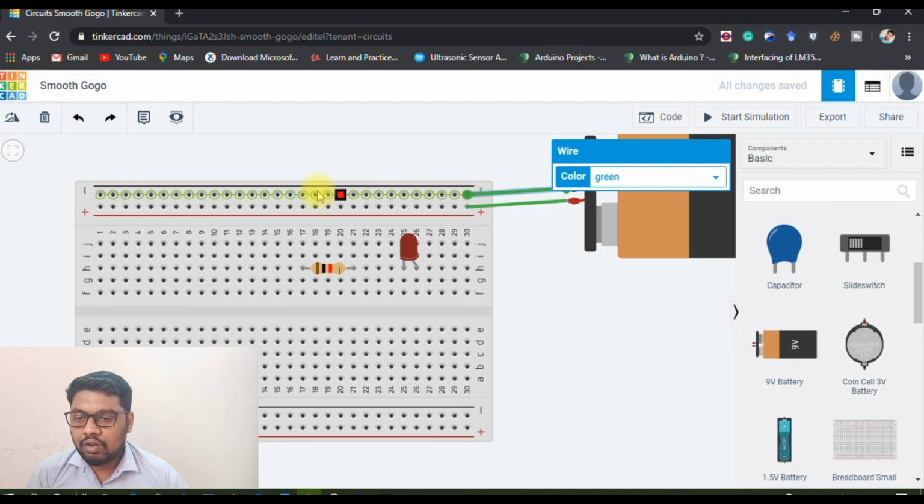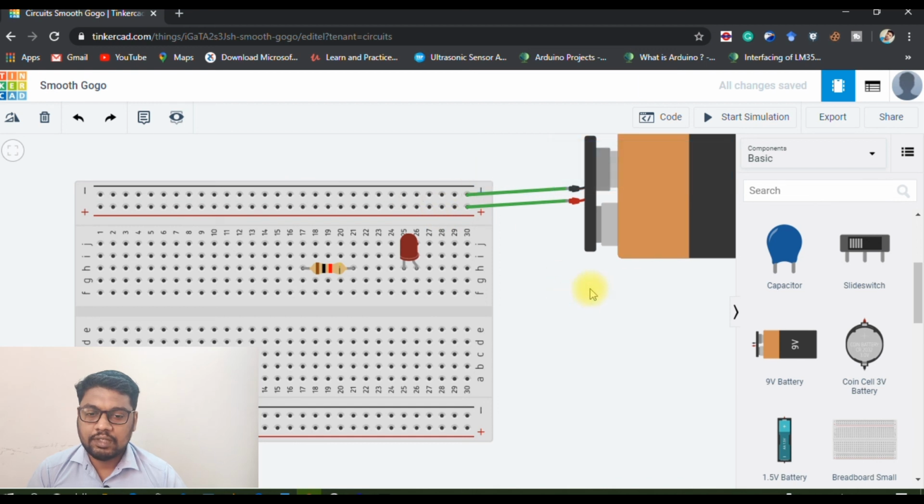The entire line has the negative, so you can pick up any ground connection from the middle of the breadboard to here, right? So this is how we are connecting supplies or batteries to a breadboard. So keep it in mind. Some people will directly connect from the battery to the breadboard, that is also possible. But if you require multiple battery connections, then this is the most feasible way to do it, right?